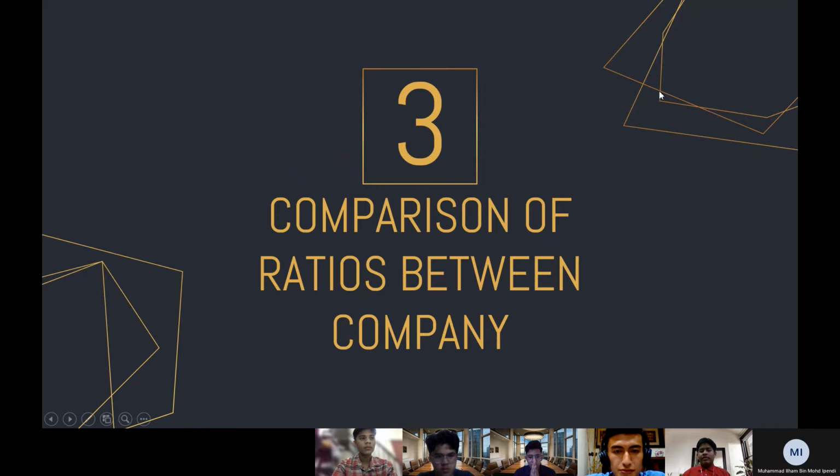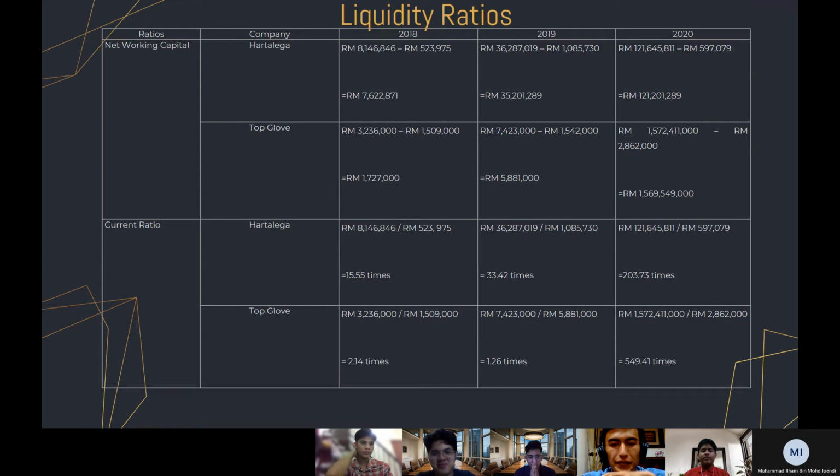Okay, moving on to the third part of the presentation, which is comparison of ratios between companies. I go as fast as I can. So for the first comparison, which is liquidity ratios. Okay, liquidity ratios for the net working capital, as we can see for the 3 years 2018, 2019, and 2020, we can conclude that